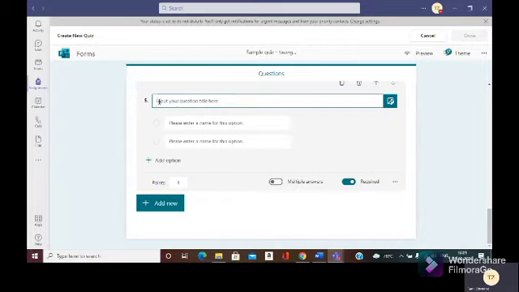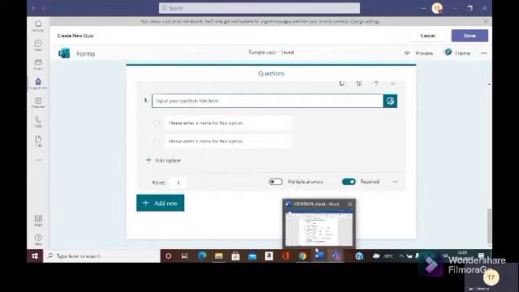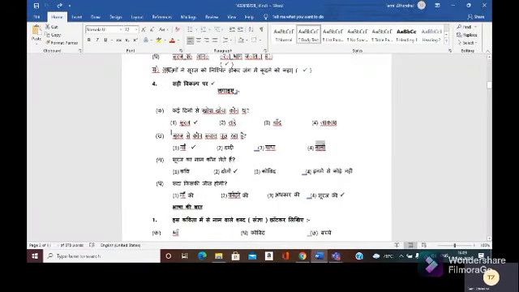So now I will show you how you can add a Hindi or Marathi question. For Hindi or Marathi, if you cannot type here in Hindi or Marathi, what we will do, we will copy paste from the Word file. So you would have already prepared the question paper, so from there, you can copy paste it. Okay. So here, try to copy from only the Word file, not the PDF file.